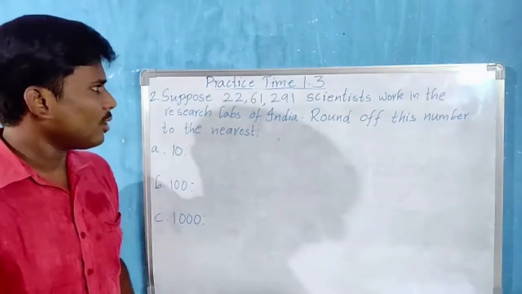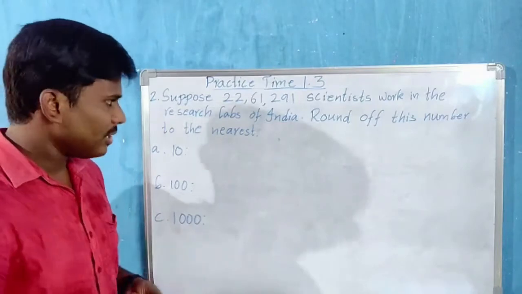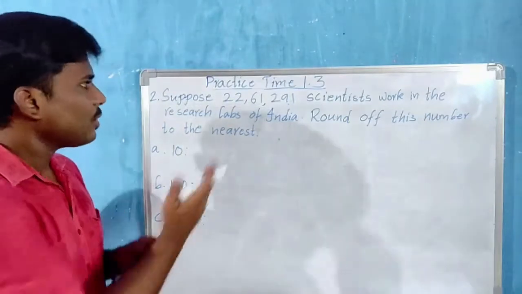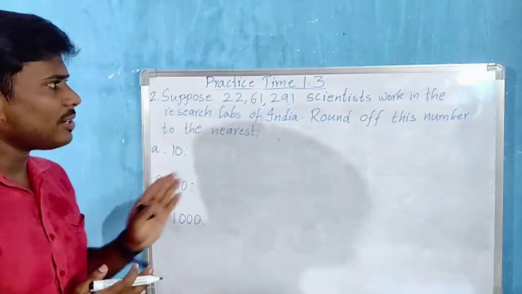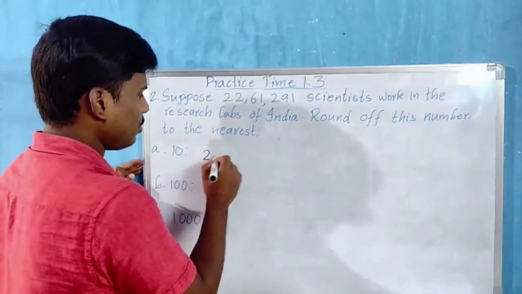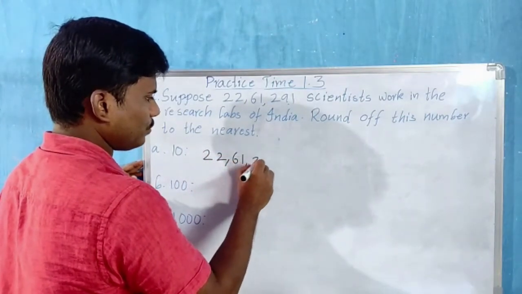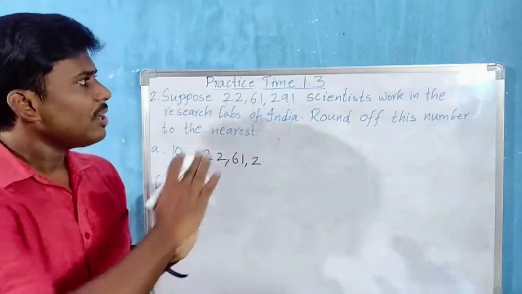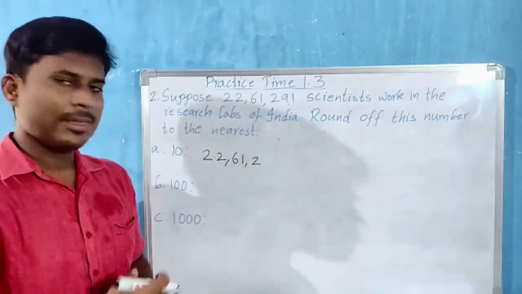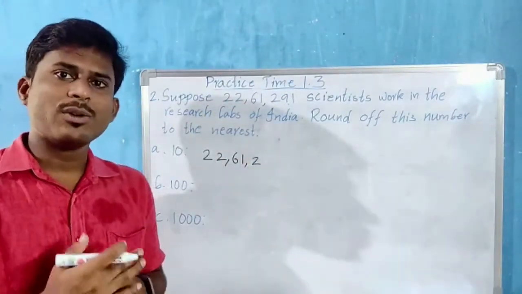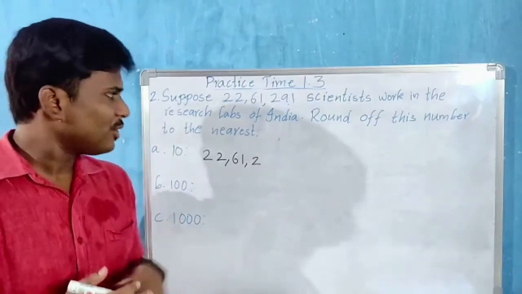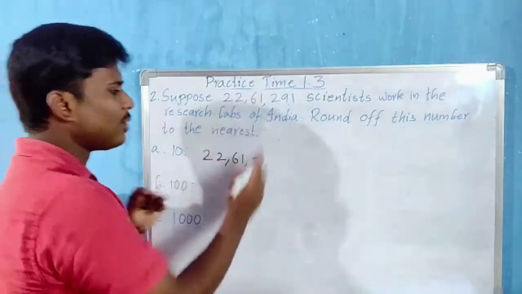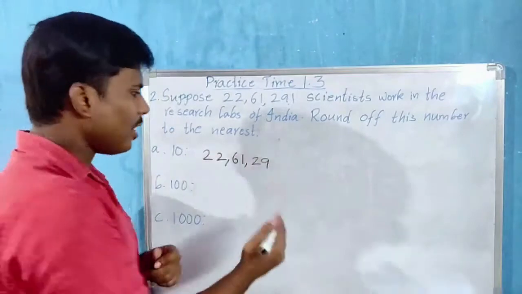Tens we have to round off. That means what is our rounding digit? The rounding digit will be the tens place, 9. So before that, all the digits on the left we have to write as they are. 22, 61, 2. So as our rounding digit is 9, we have to keep the rounding digit the same, because in the immediate right side, in the ones place, we have digit 1. 1 to 4, slide on the floor. So if the digit on the right side is 1 to 4, slide on the floor means we write the same digit. And you have to place 0.